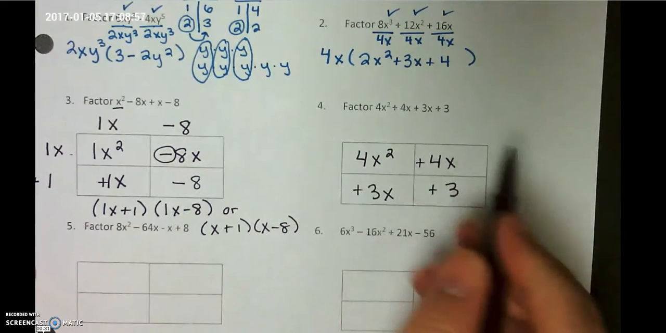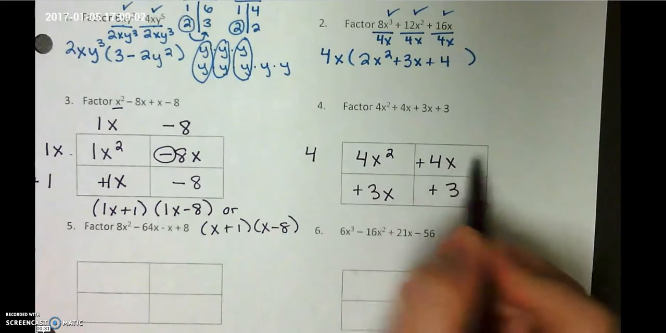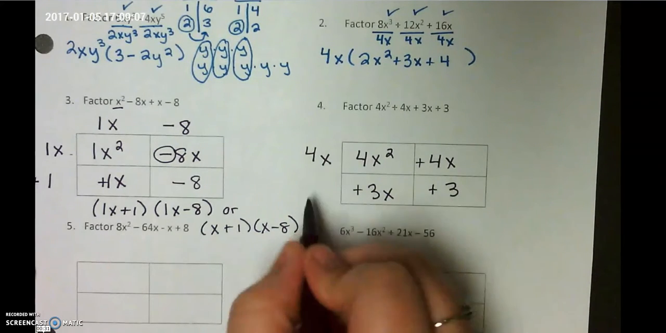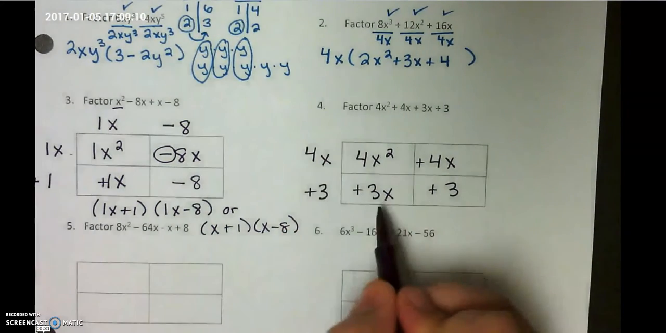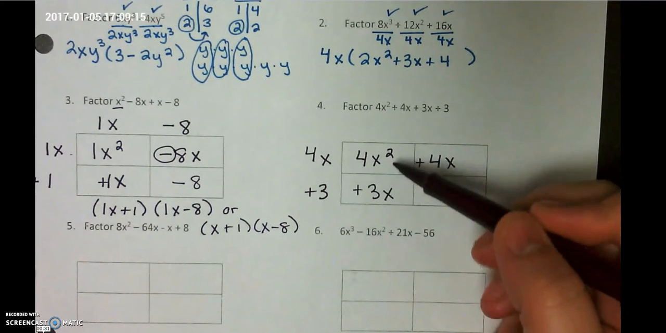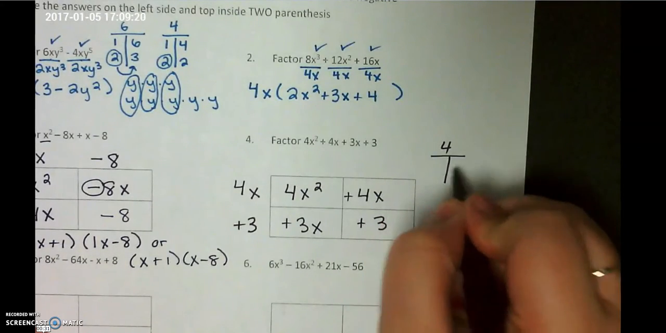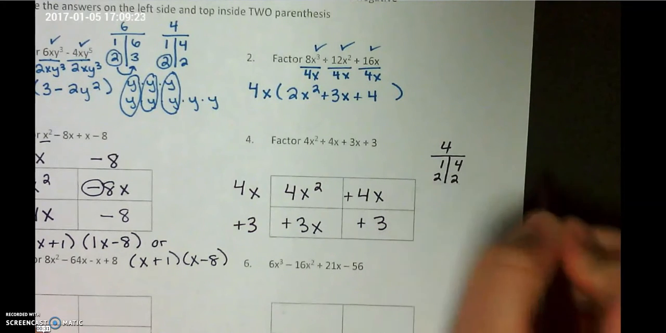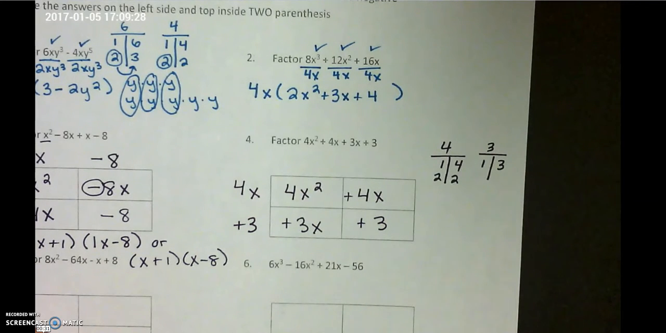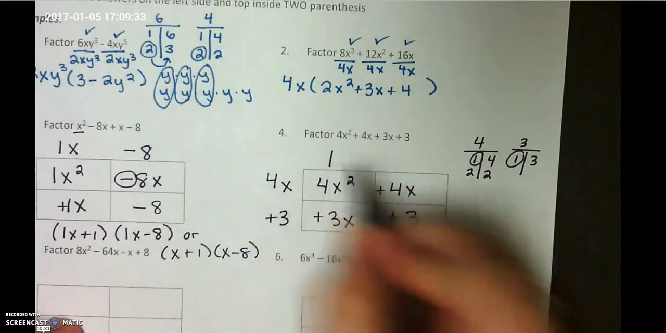Biggest number that goes into 4 and 4 is 4. They both have x in common. The lowest exponent is this one. Biggest number that goes in 3 and 3 is a positive 3. This has an x, but this one does not, so they do not have a variable in common. GCF of these. Now, if you look at a factor chart, 1 times 4 and 2 times 2, and then 3, the biggest number that can go into both of them is just the 1. So we're going to pull out a 1